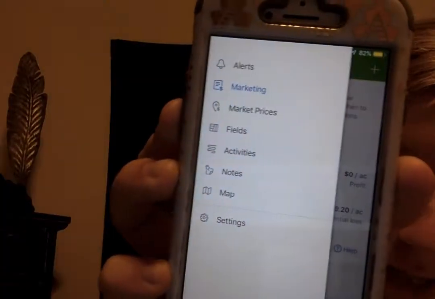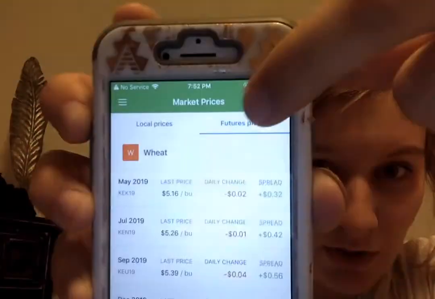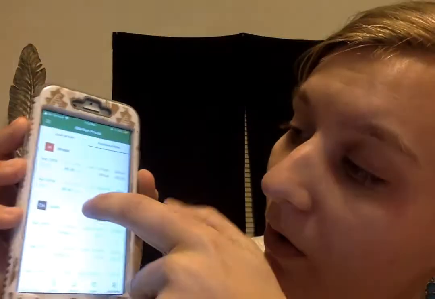And then from there, you can go to market prices. So if I click on market prices, now this part, it's saying that I need to upgrade. So for this, you may not be able to see exactly what the market is at this instant unless you pay to upgrade. But this right here, if you click on future prices, which is right here, you can scroll and you can look and see what the future prices of, like, this is oats right here, is predicted to be,